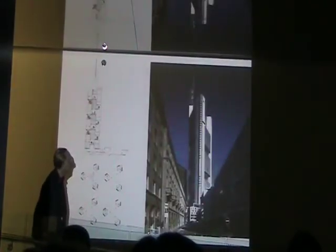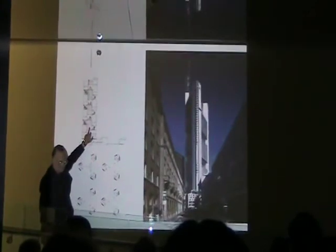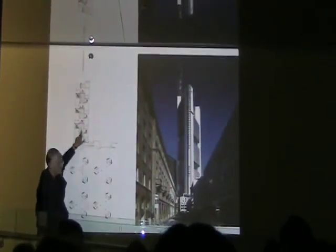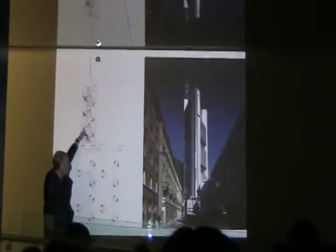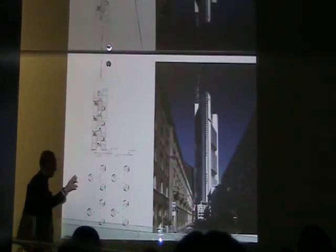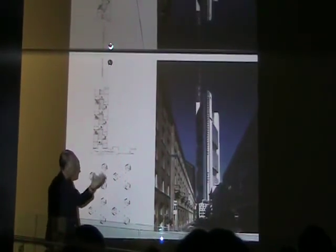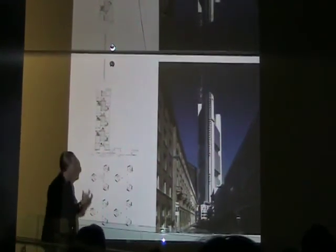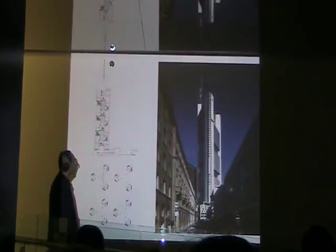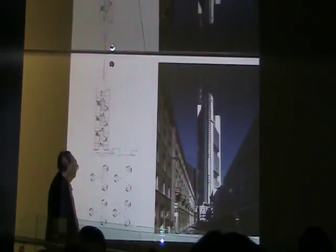Next. And of course, when we get tall, Commerzbank in the mid-90s in Frankfurt. Now he's added many floors to that, but the atrium is still there. The ability to get outside, the ability to vent and flue, the idea to be able to bring natural light into the space. Germany has, as does Switzerland, very rigorous requirements as it relates to the amount of natural light and the distance from the window wall, as well as the percentage of fresh air that has to be brought into workspace. So this was his